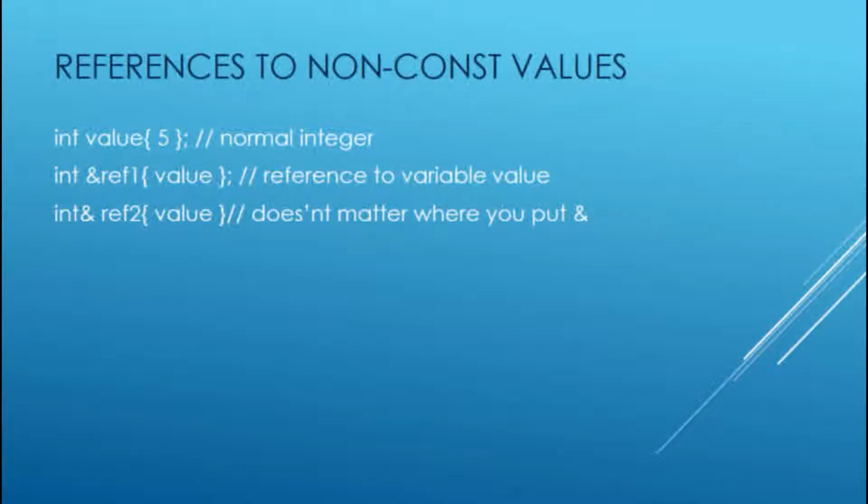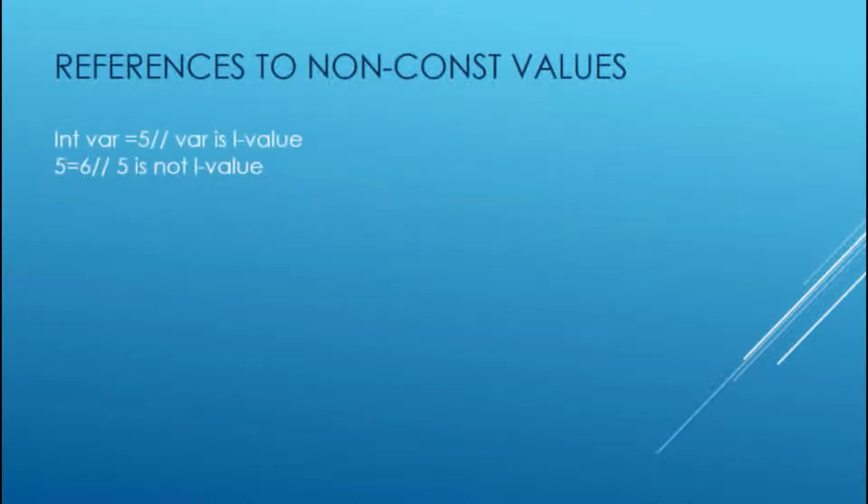Let us see an example. Here, where is the L value? Consequently, a statement like 5 equal to 6 will cause a compile error because 5 is not an L value. The value of 5 has no memory and thus nothing can be assigned to it. 5 means 5 and its value cannot be reassigned. When an L value has a value assigned to it, the current value at the memory address is overwritten.